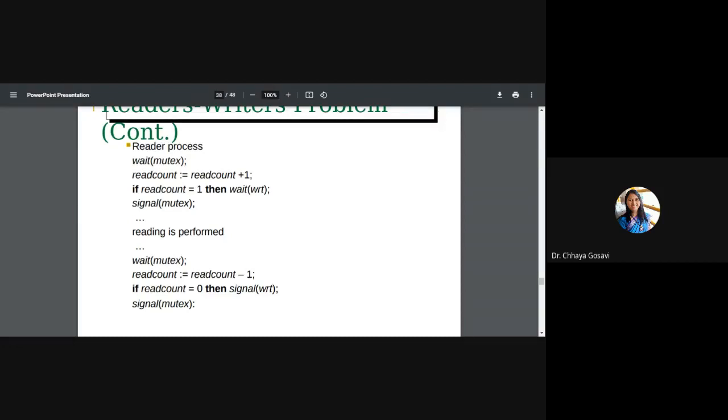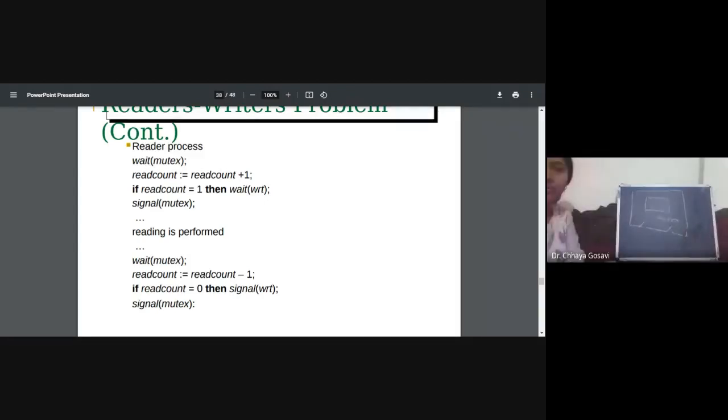So we have this mutex variable. Can it be called? The board is not visible. Okay. So this is a file which is shared between readers and writers. This is a mutex for read count.